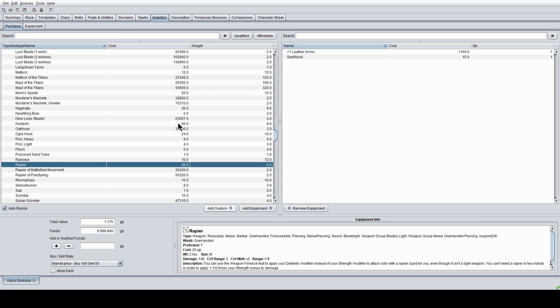Paper cut. Oh, bleed damage. That's for combat. I won't talk about it very much. I'm not gonna talk about that. We're not going into combat right now, so we're just gonna stick with good old fashioned,